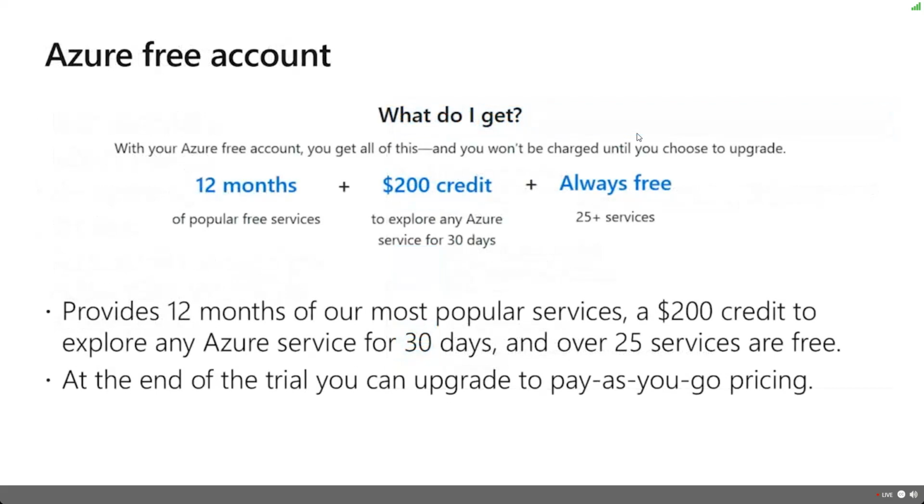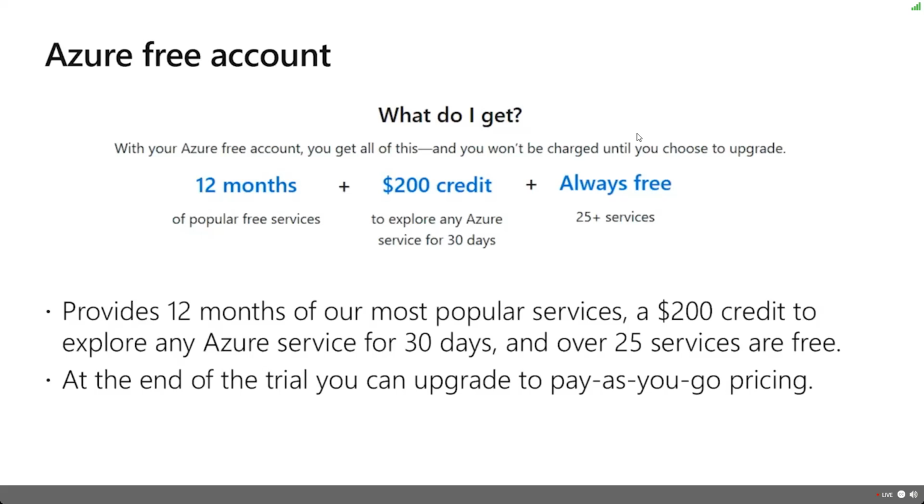But we do have free services. You have the ability to test Azure for 12 months or a $200 credit that allows you to explore Azure. You can also look at these things for 12 months for popular services, 30 days for other services, and there's a bunch of other stuff that's free. Now, at the end of the trial, you will have the choice to upgrade as pay-as-you-go. Now, folks, when you look at Azure free accounts, when you sign up for the first time, it's going to ask you for credit card information, and really that's to prove that you're a human, that you belong.